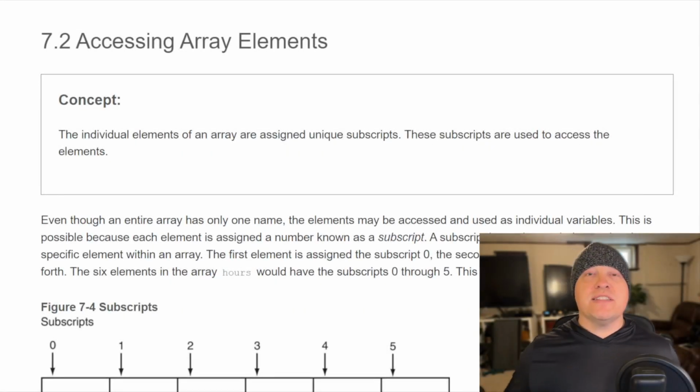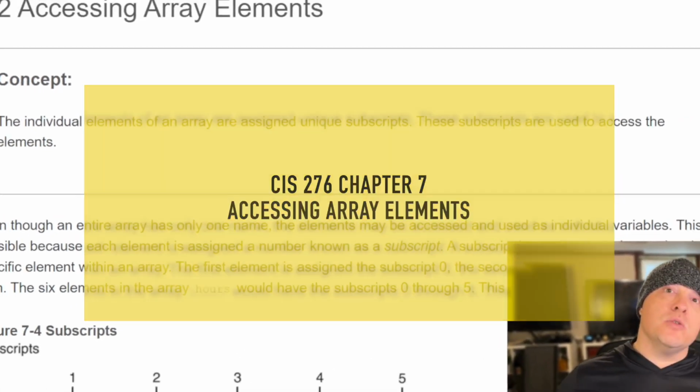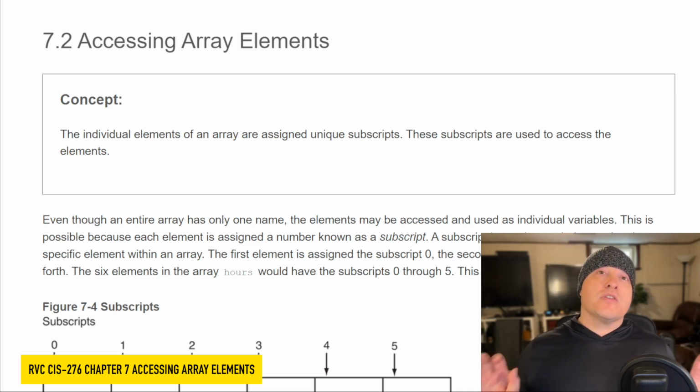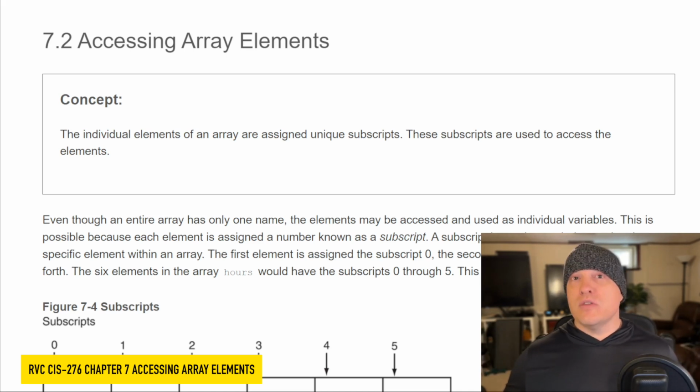So 276, now that we have the ability to declare an array, what we want to be able to do is actually access the elements in that array. There's a couple of things to know starting off the bat: we will get to initializing these variables. What we want is to provide values for these because otherwise, like you have seen, it gives us the opportunity to run into issues if we try to use the values that are stored